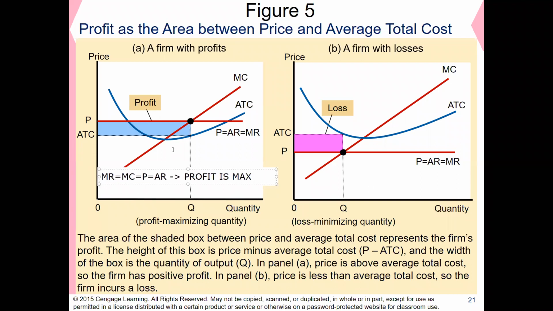However, the average total cost is at its minimum at the point where the marginal cost intersects with average total cost. The average total cost is at its minimum at the cross point of marginal cost. So when the marginal cost is equal to average total cost,